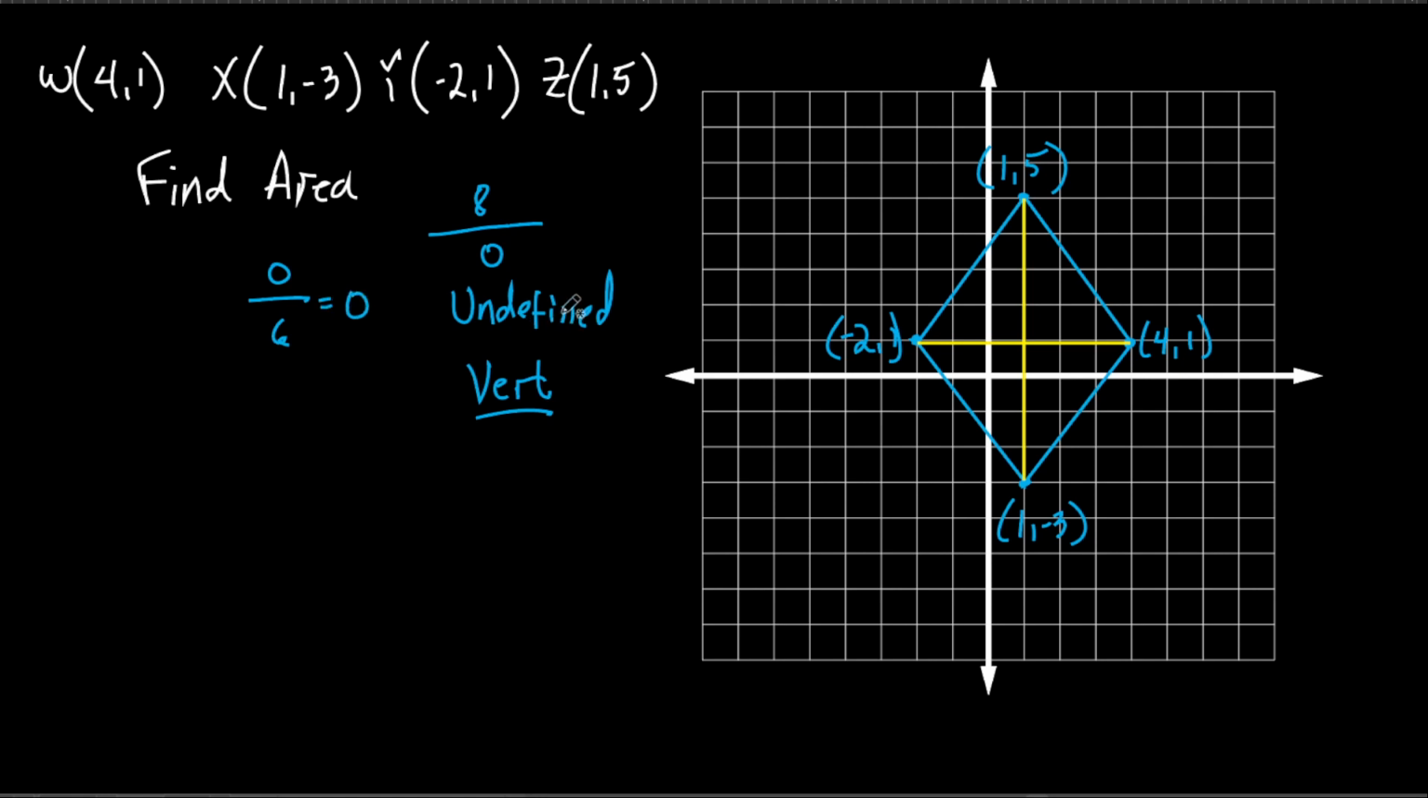Is 0 and undefined the same thing? No. So if it's a 0 slope, it's a what? It's a horizontal line. So if it's a horizontal line, what's true about a horizontal and vertical lines? They're what to each other? They're perpendicular to each other. Okay? Which means the diagonals now are perpendicular, which means, and the whole reason we went through this is just